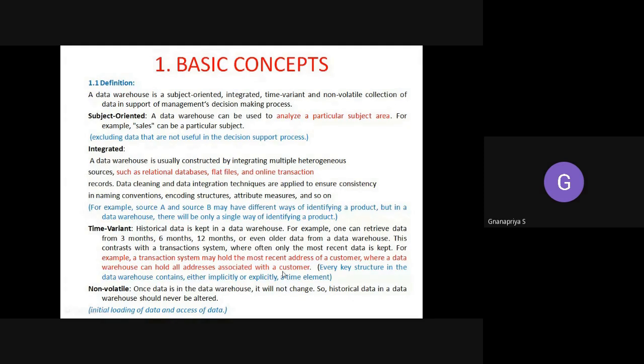For example, if you have changed your address, account detail, and the address related to your account has been updated, then this updation would also exist in the data warehouse. Whereas in case of a database, this date of updation may not be available. Whatever data that you have given as address proof at the